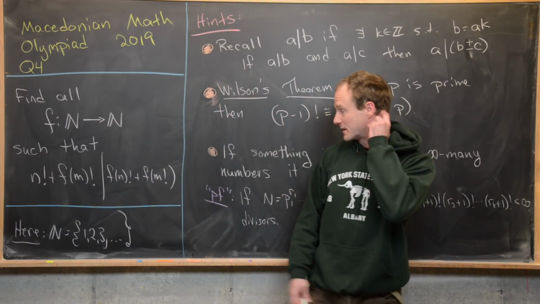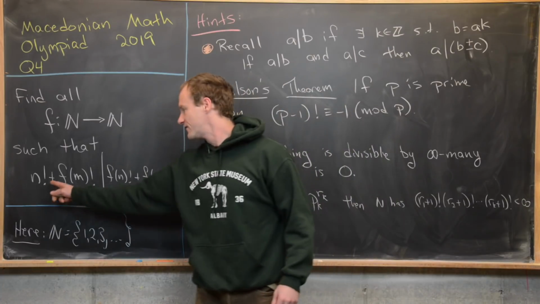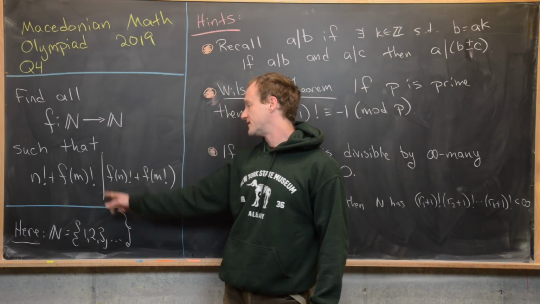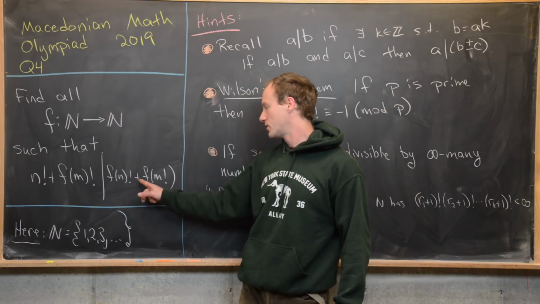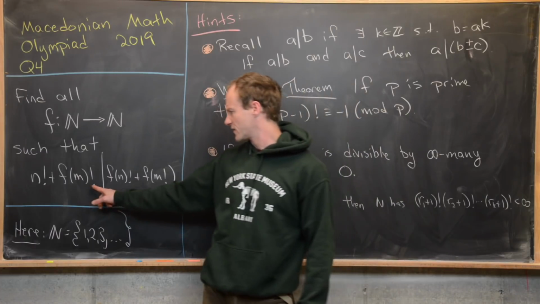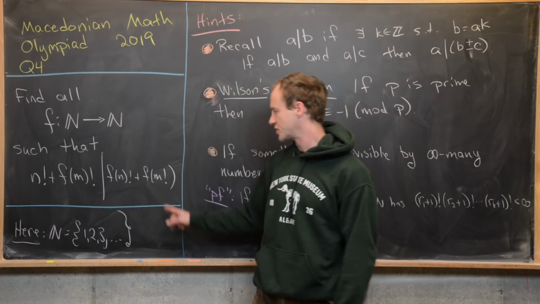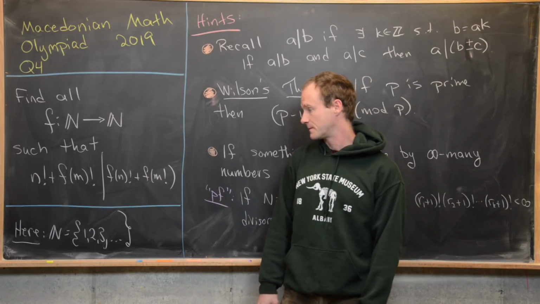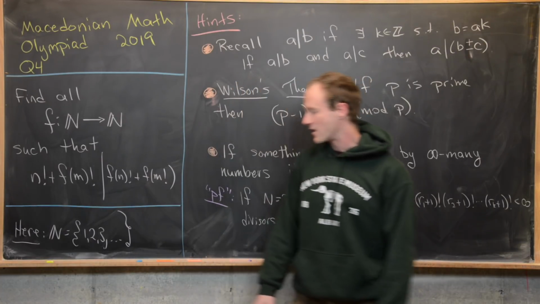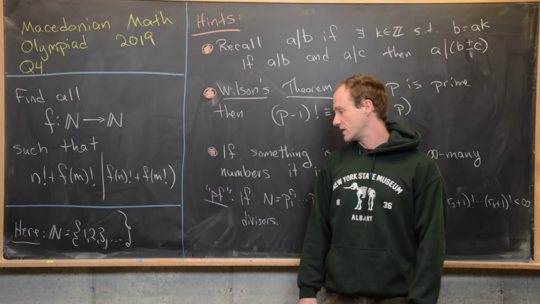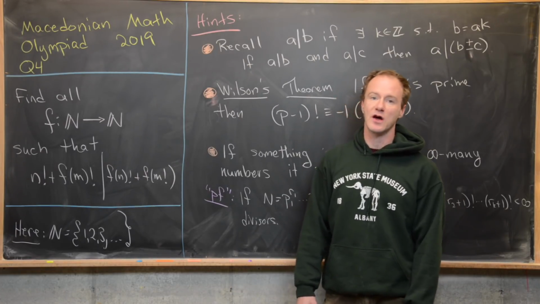this divisibility condition. So n factorial plus f of m factorial divides f of n factorial plus f of m factorial. So notice here the factorials are outside of the function, but in this last instance, they are inside the function. And here I want to point out that I'm using natural numbers to mean 1, 2, 3, 4, and so on and so forth. So in other words,